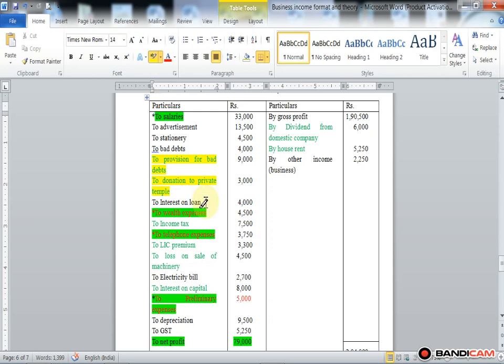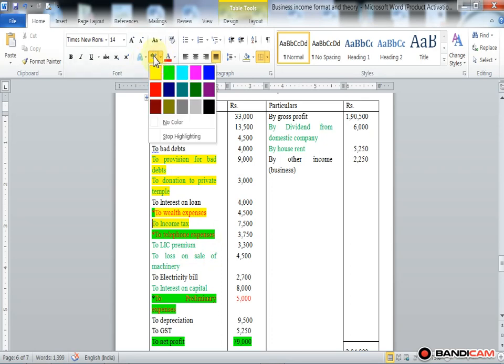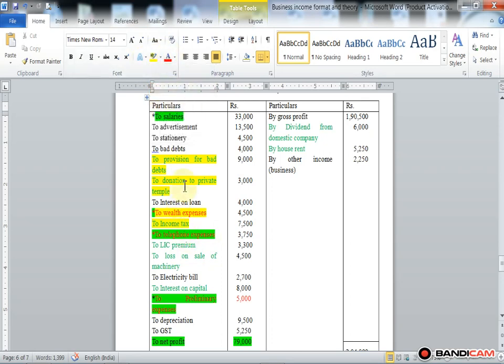इंटरेस्ट ऑन लोनवरती कोणतीही ॲडजस्टमेंट दिलेली नाही, त्यामुळे इंटरेस्ट ऑन लोन हे बिझनेसचं आहे असं कन्सिडर होईल की बिझनेस पर्पजसाठी मिस्टर गुरुने लोन घेतलेलं आहे आणि त्याच्यावरचं व्याज तो पेड करतोय. वेल्थ एक्सपेन्सेस मी सांगितलं की ऑल डिसअलाउड आहे. इन्कम टॅक्स आपण पाहिलं की ऑल डिसअलाउड आहे. ओके, त्यानंतर